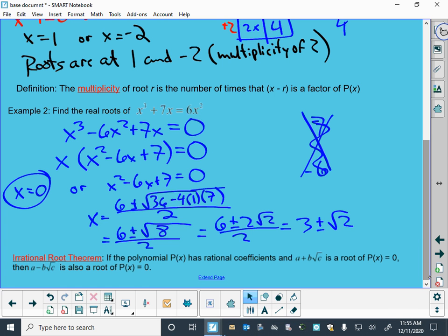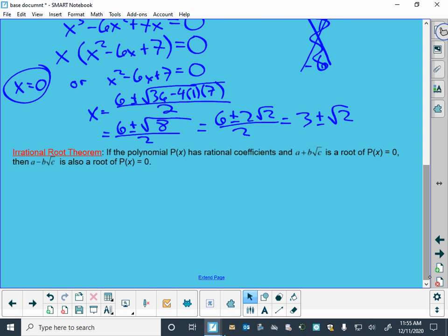Okay, 3 roots. It was cubic, not unexpected, but these 2 roots over here are irrational numbers. Okay? I can't write them as just a fraction of integers. These are irrational numbers, and we don't see those typically as coefficients in our polynomials. It's possible to do that, but we're not looking at those. And so that brings us to this thing called the irrational root theorem